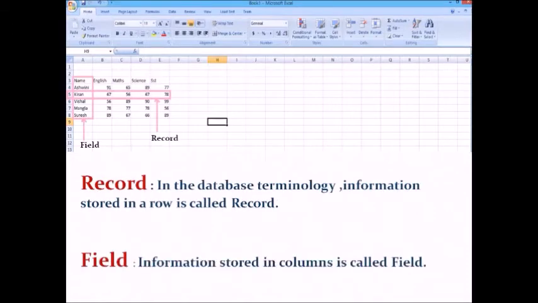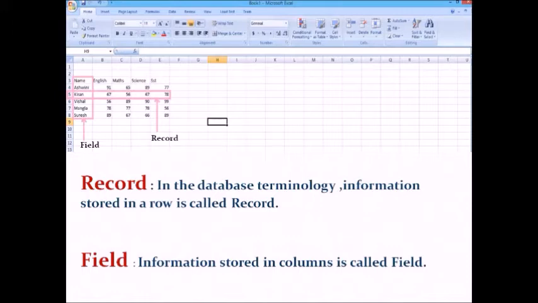A record shows the complete information about a single object, while the field shows the individual categories of information for all the records in the database. For example, in a student table, a single row shows the complete information about one student, while in one column we can see the names of all students and in another column the roll numbers of all the students.